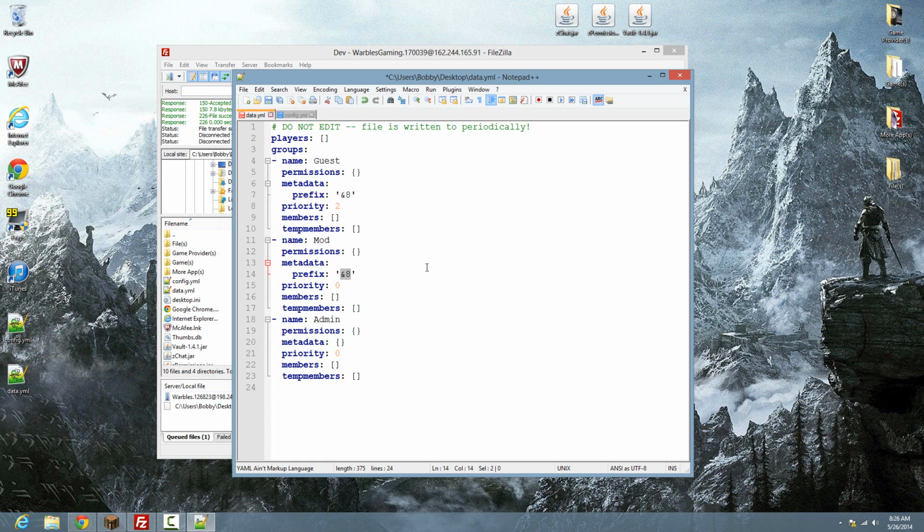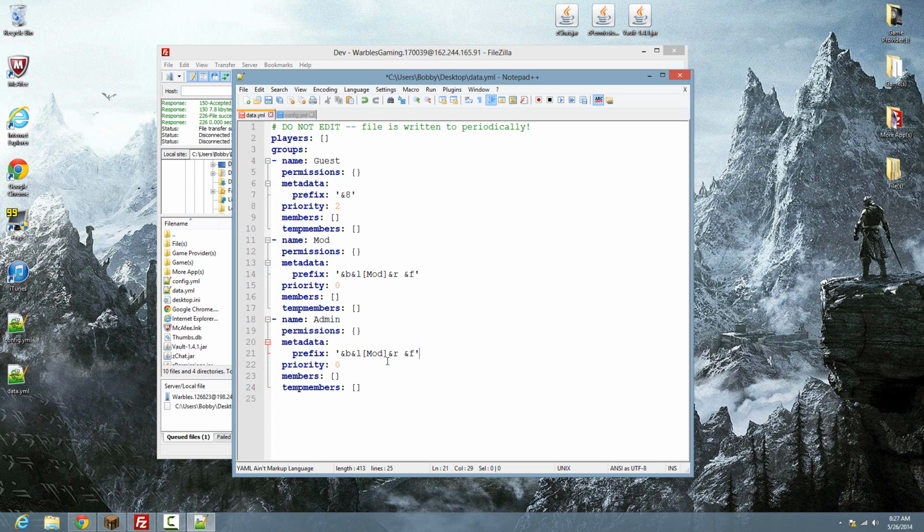There, jeez. Okay, so mod, I would like it to be and B and L bracket mod bracket and I think it's R and F. I'm gonna put a space right in between both of those. And I'm gonna do the same thing, but I'm gonna drag it down here